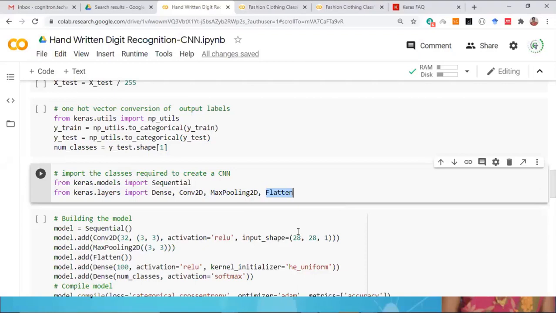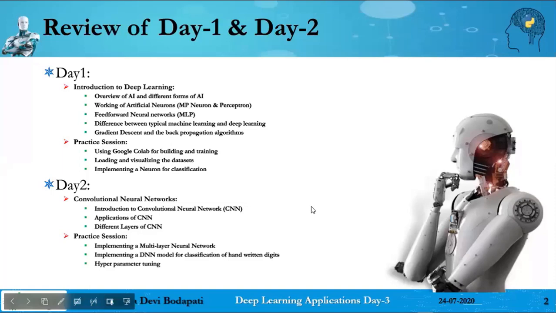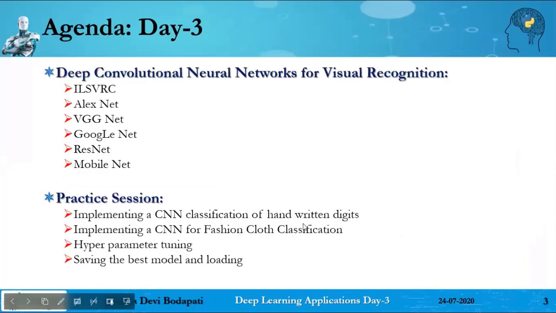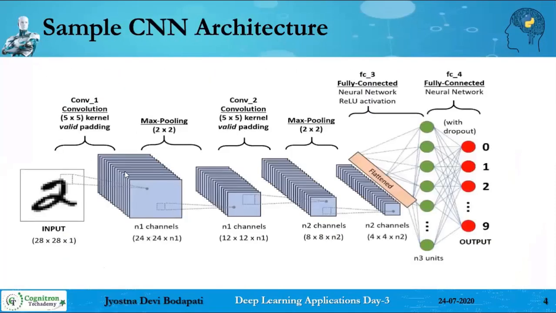Once you complete your convolution and the pooling layers, the next layer is a flatten layer, right? Just to make it clear, a CNN is basically a stack of convolution layers and then pooling layers. This is the first convolution block, followed by again a convolution layer and then a pooling layer.